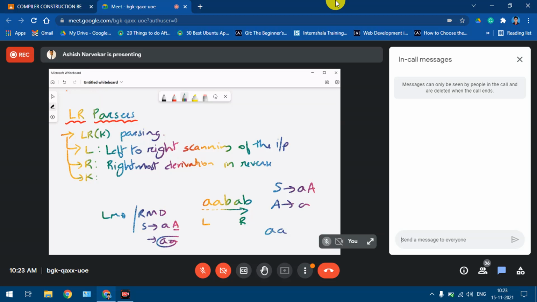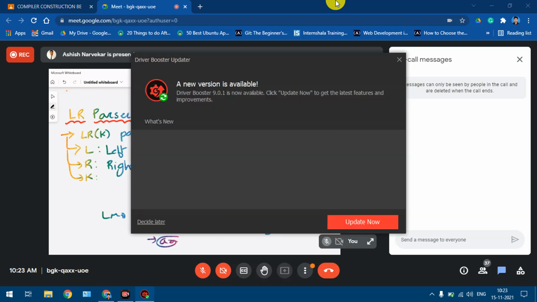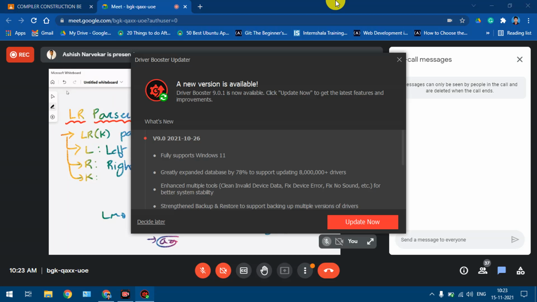Now rightmost derivation in reverse means we start from the input and we go towards the start symbol, and that is by using the rightmost derivation in the reverse direction. So that's the reason that R is used.